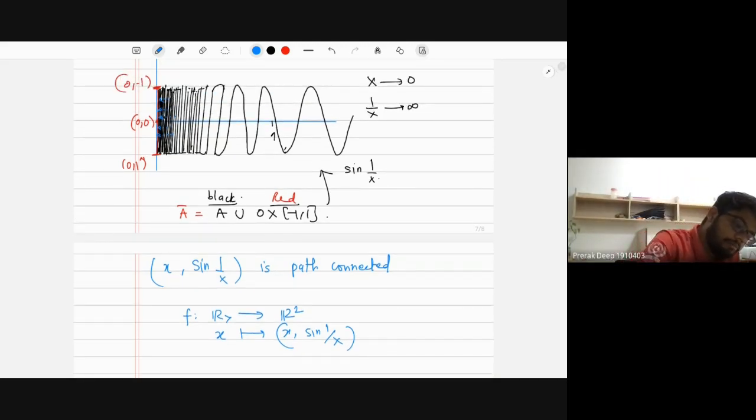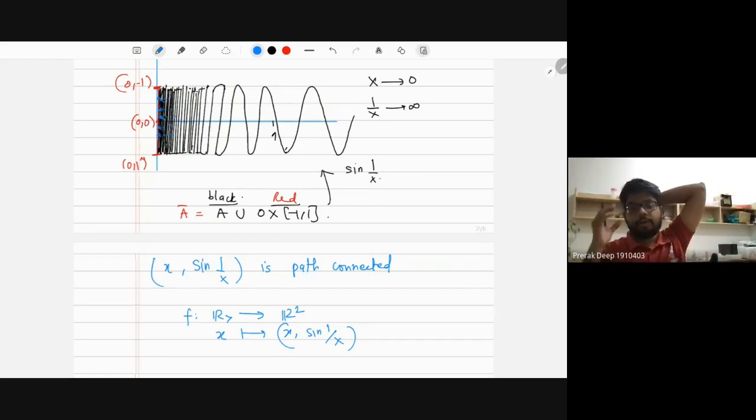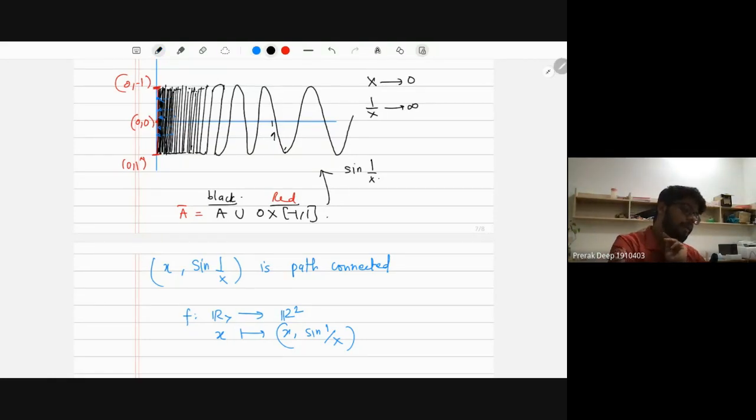But the A closure is not path connected, because you can't find any path joining a point on the interval on the y-axis and a point on the sine curve. So it is not path connected. You need to visualize this. But it is connected, because